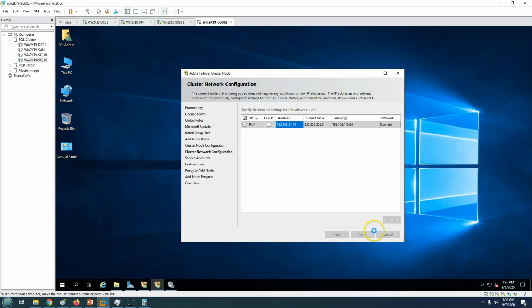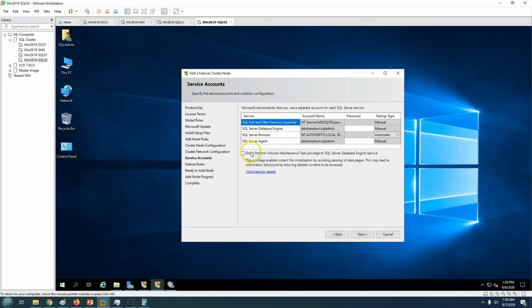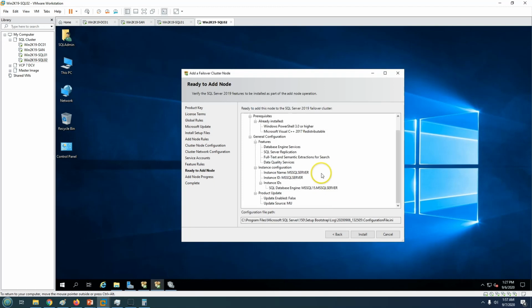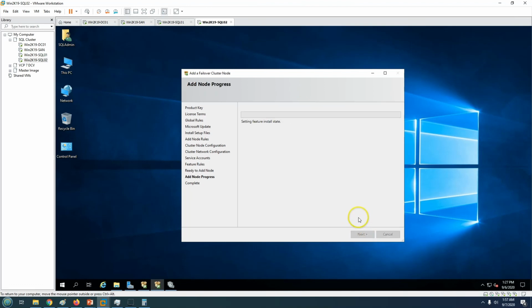So click on next, and now you need to put the password for the service account with which the SQL Server service is running. So I'm going to type my password and click next,